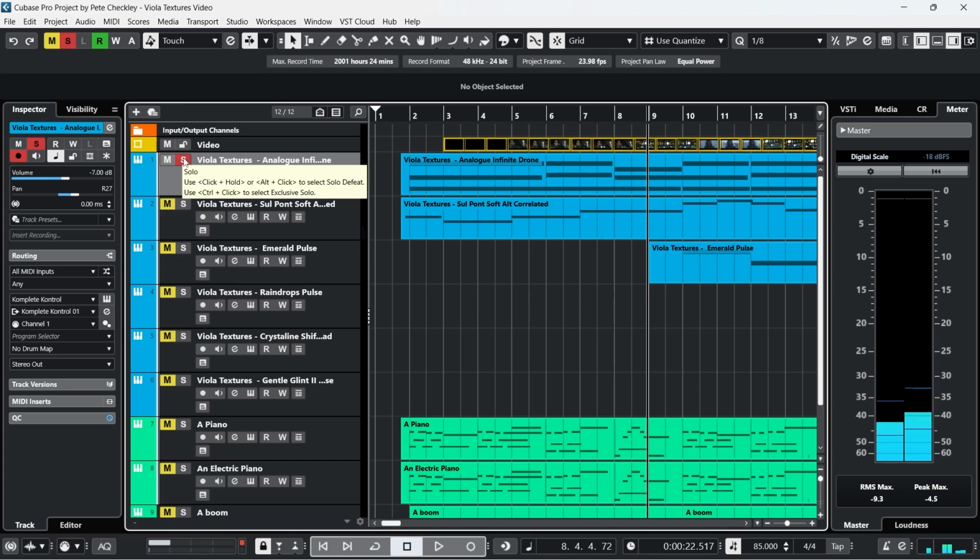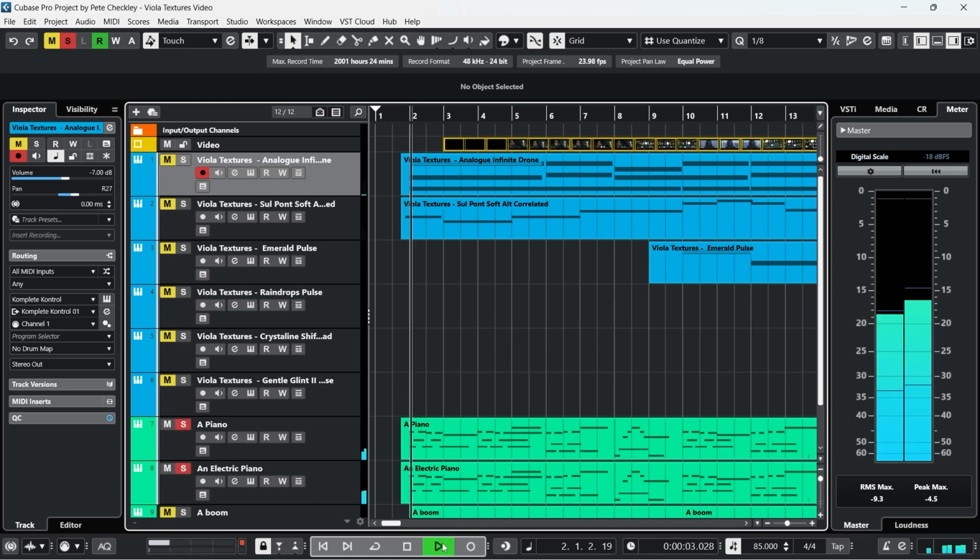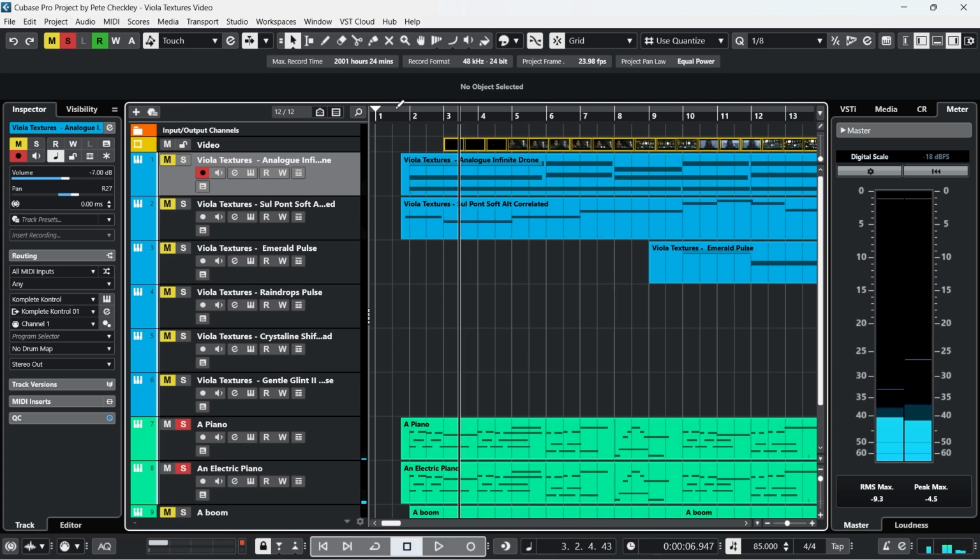I then thought I'm going to just flesh out this chord progression with the piano part and the electric piano. So you can just hear they're playing exactly the same thing. It gives it a slight 80s feel, I've just realised. But I love it. And then a boom to start off with. So when you combine everything together,